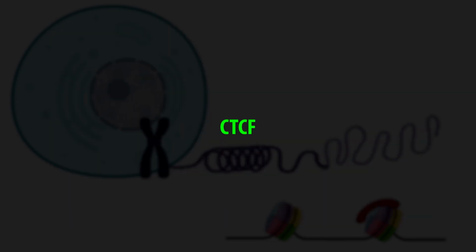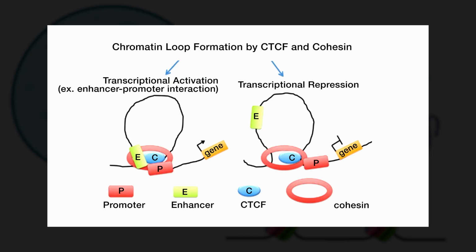Next is the CTCF. Cohesin, a ring-shaped complex, cooperates with CTCF, a zinc finger insulator protein, to form chromatin loops. These loops spatially juxtapose distant enhancers and promoters, orchestrating precise temporal and spatial control of gene expression, genome organization,